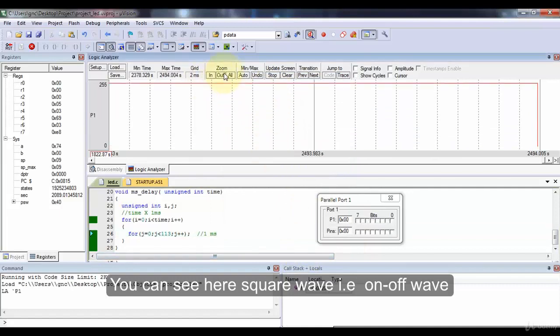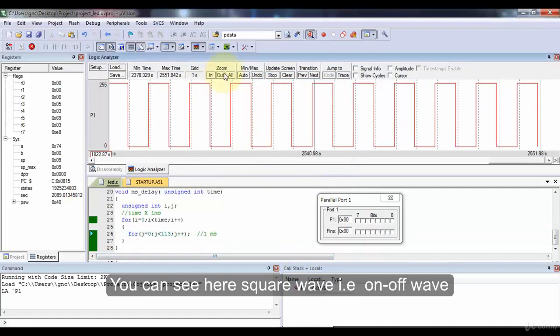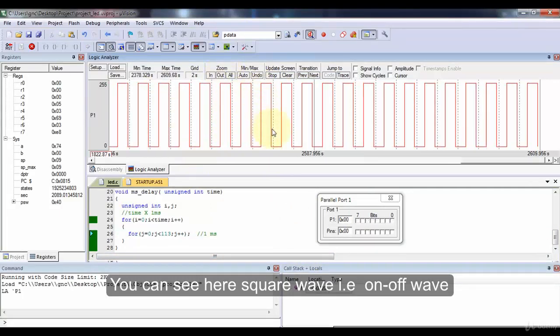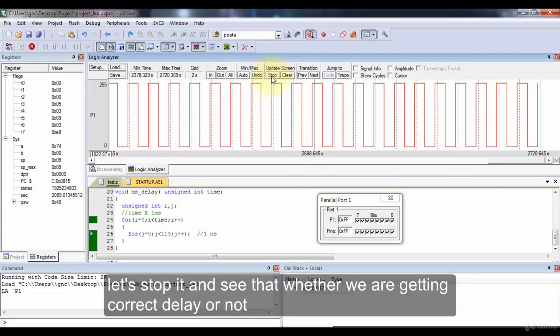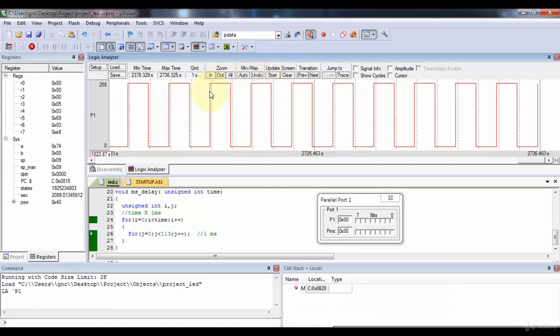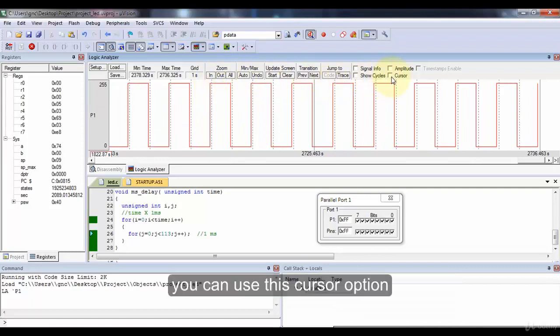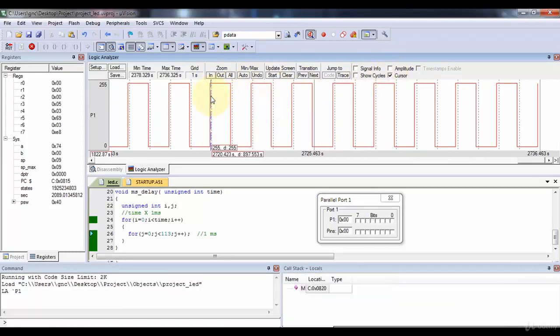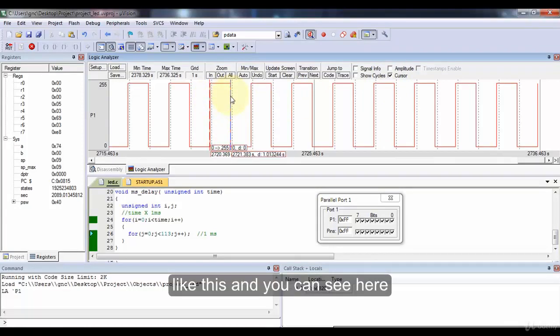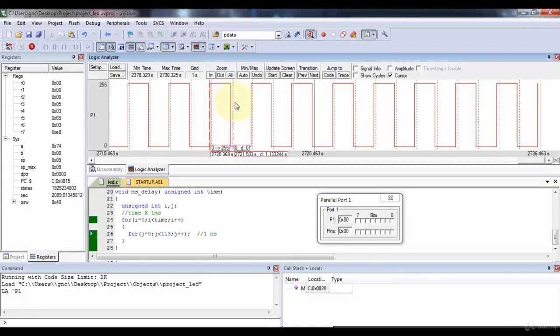So now you can see here the square wave, on off waves. Let's stop it and see whether we are getting the correct delay or not. You can use this cursor option here, like this, and you can see the delay value is getting changed.